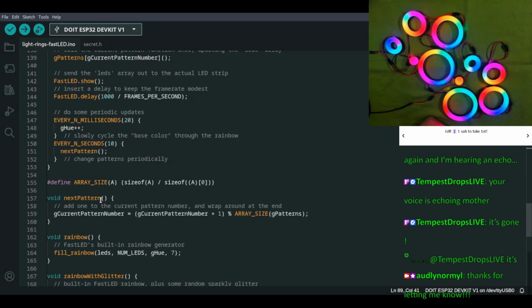I don't know. Okay. So we can do fill. I need to look up the, yeah, because we want it to be able to just do plain colors anyway. So this. Right. FastLED documentation. Here we go. Reject cookies. Go to repository.